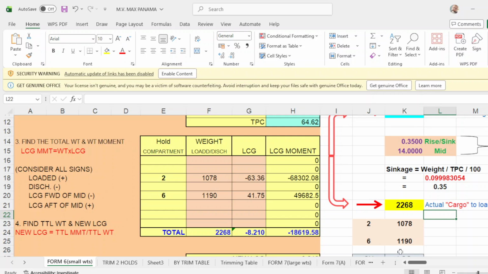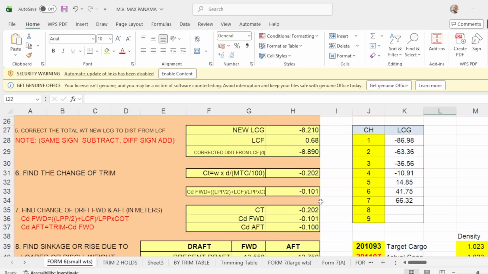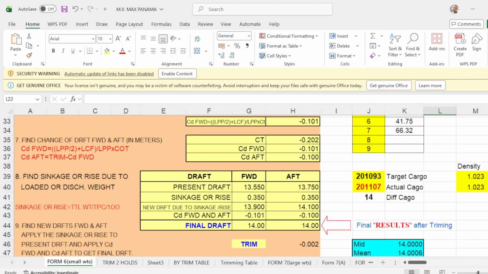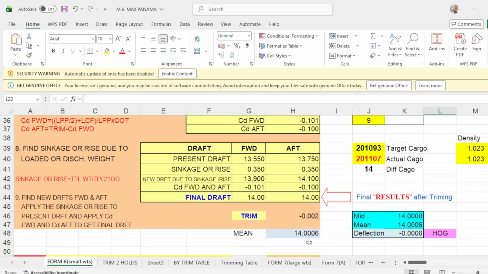And number 6, you put the weight of 1190, put the LCG, and your total cargo to load will be 2268, which is exactly the same with this one. Then finally, with this operation of your formula, your forward drop will be 14 meters, aft will be 14 meters, your trim is 0, and your main drop is 14 meters.